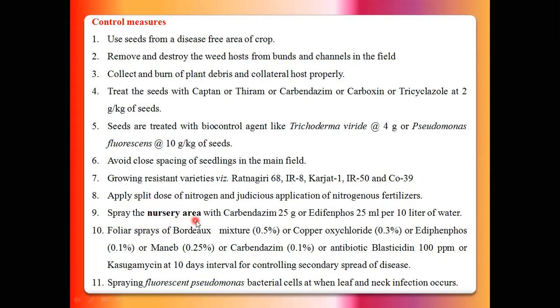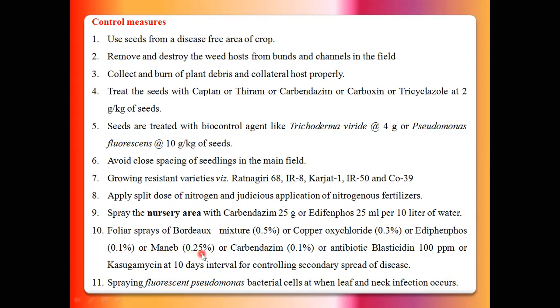Then it spreads in the nursery area, because this is majorly seen in the nursery seedlings of rice. So protect these seedlings from the blast pathogens by applying carbendazim 25 gram or edifenphos 25 ml per 10 liters of water. Okay. Then foliar sprays of Bordeaux mixture 0.5% or copper oxychloride 0.3% or edifenphos 0.1% or